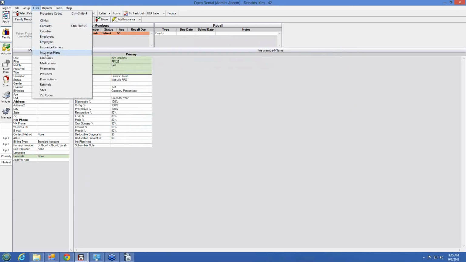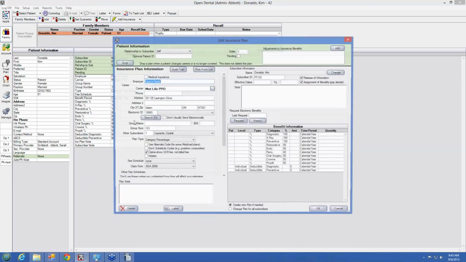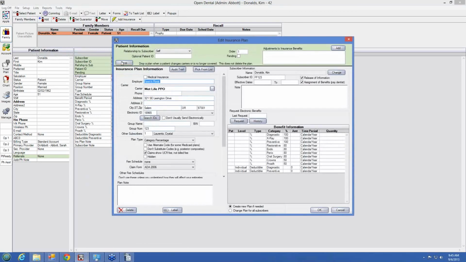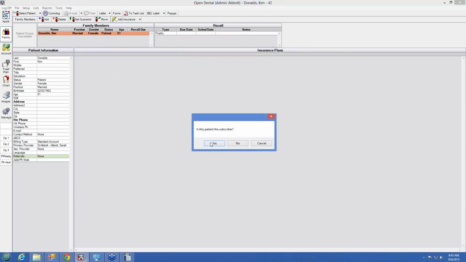Now, in the first example, I chose the Pick from List option. Using List and Insurance Plans, I can see here that there are two Fons Florals. Okay, one with Guardian coverage and one with MetLife. If I were to, and I'm going to go ahead and drop this plan, if I were to have manually added the information by using the Add Insurance button,